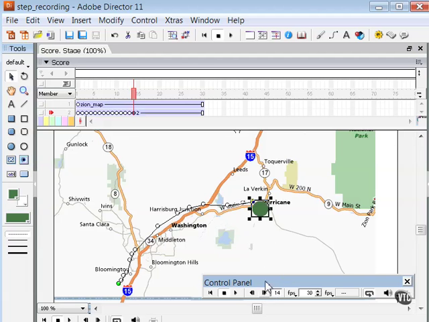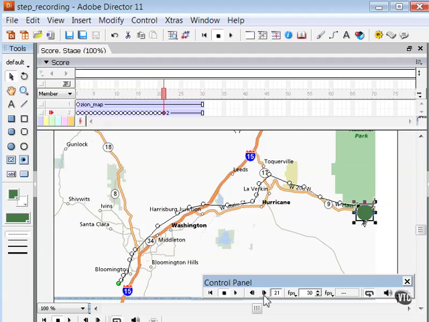This is a very nice way to get very specific, very precise pathing animations, such as providing directions, animated directions on how to get somewhere. And I notice that if I scrub my playback head, there is my animation indicating the directions to take. So let's continue now, clicking again on the last keyframe, stepping forward. Notice that my indicator light is still on, indicating that I'm still recording, and continue to step through